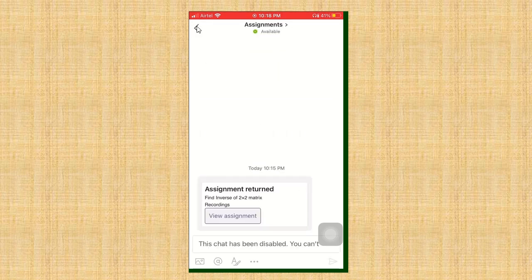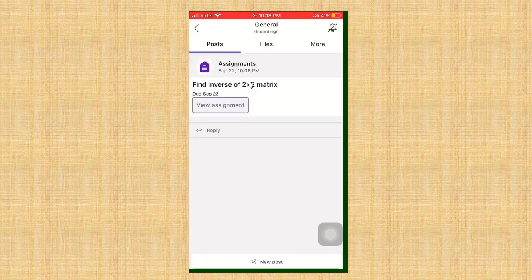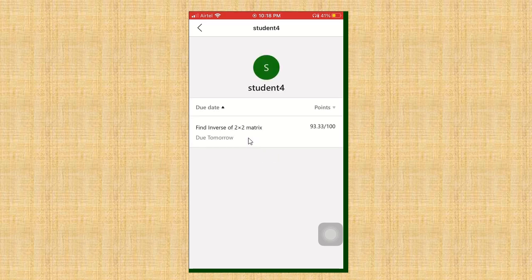So in this way you can submit your assignments. And here in Teams, on pressing More, you can select your grades also. Your grades will be shown here. After examinations you can see the grades of all the examinations which you attempted till now. See here, these are the grades of the examinations. Now I attempted only one exam, so this is the grade which we got. If I attempted more than one exam, the grades for the total number of examinations I attempted will be shown here.